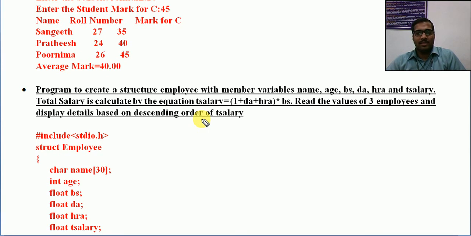But here just remember, we are swapping between different records. It is happening between structures. In arrays it is between 2 integers. In a 2-dimensional character array, string sorting, it is happening between 2 character arrays. Here it is happening between 2 structures. One employee will be swapped with another. Now I hope the question is clear. Now let us see the program.